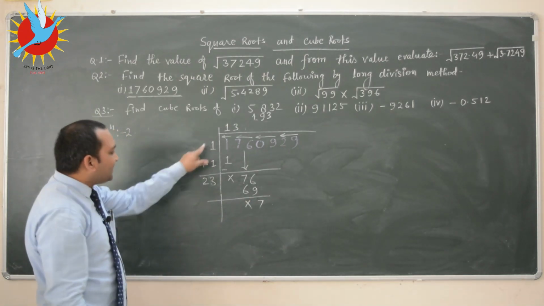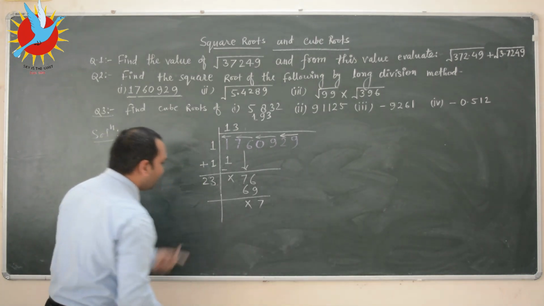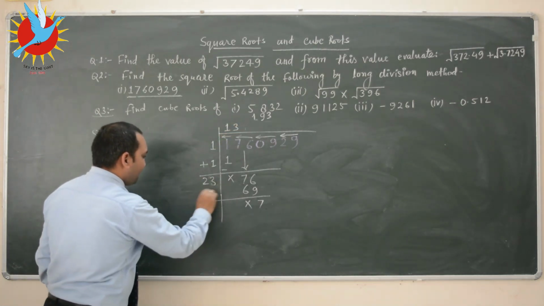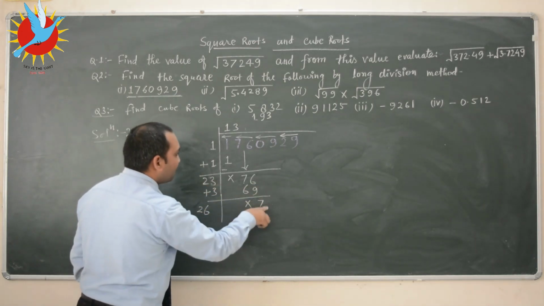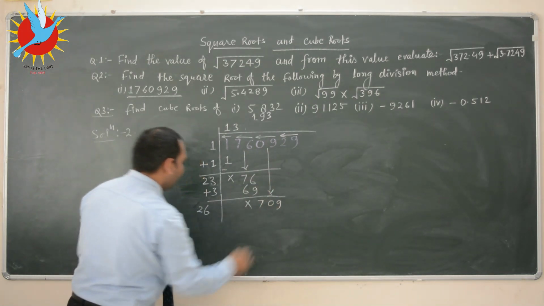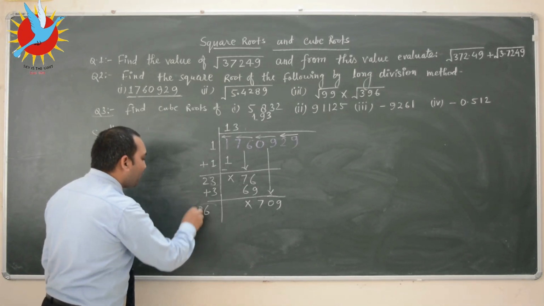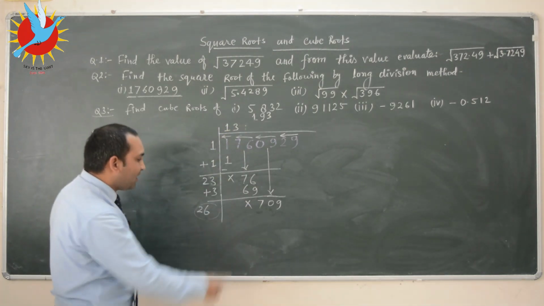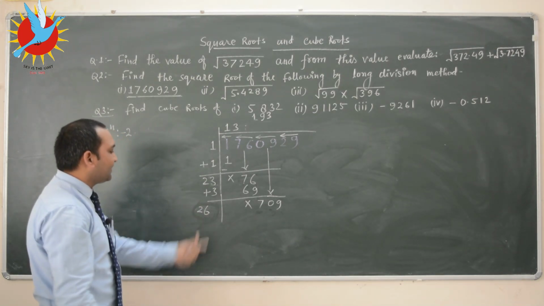So once again this process. Ultimately, when the remainder will be 0, till then we add the same number, whatever I write here we add here. So 23 plus 3, that is 26. So we bring down a pair of numbers, 09. Here is 26. We write here such a number and multiply the whole number with the same number, and it should be either 709 or less than 709. So which number do we take here? 26,